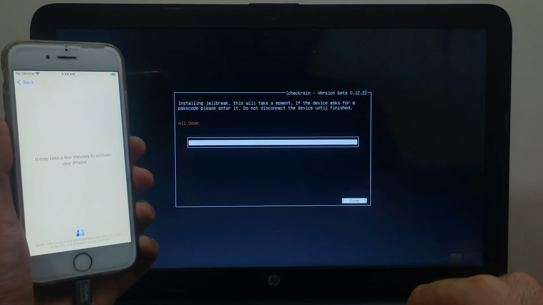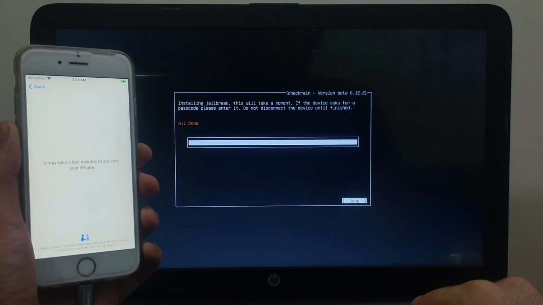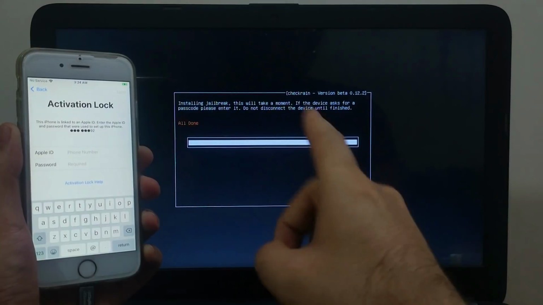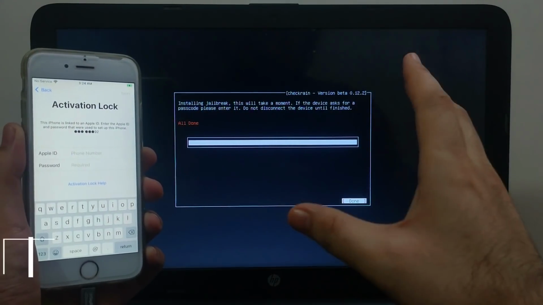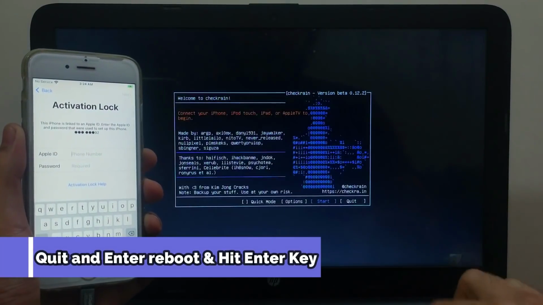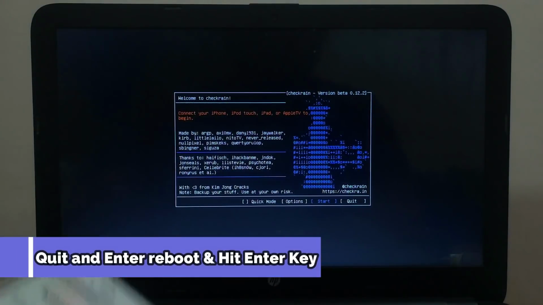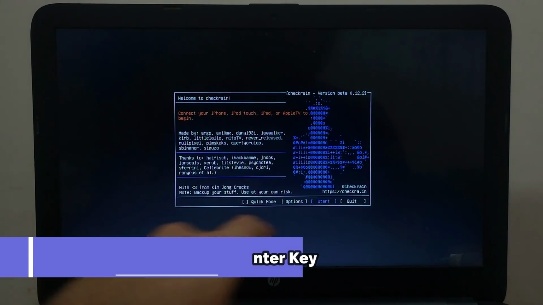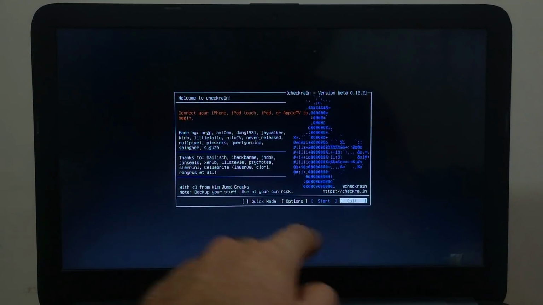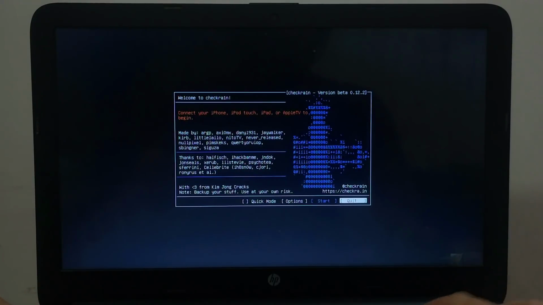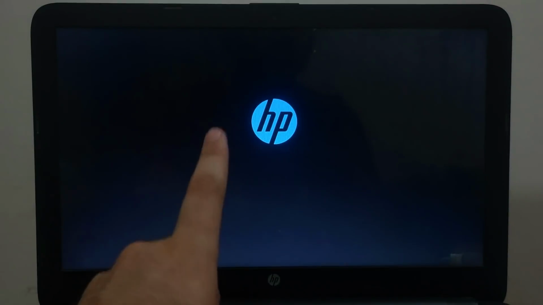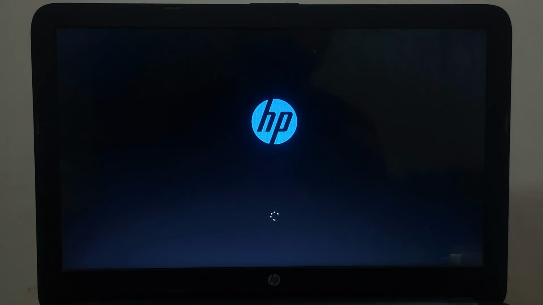You need to go to your Windows machine again, because currently we are done with the jailbreak part. Now we have to move further to the bypass part. So for that, just quit the checkra1n app and then you will see the terminal down below. You have to type the reboot command and hit enter, and it will reboot your PC, and then you can unplug your pen drive and your Windows will work normally. So just type the reboot command and hit enter, and your PC will automatically reboot, and then just unplug your pen drive and you will see Windows is back again.